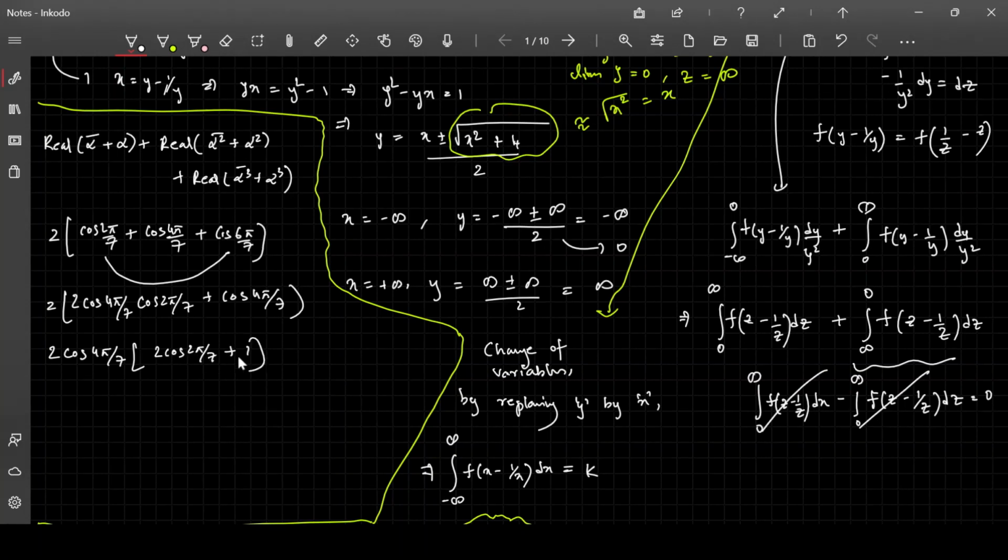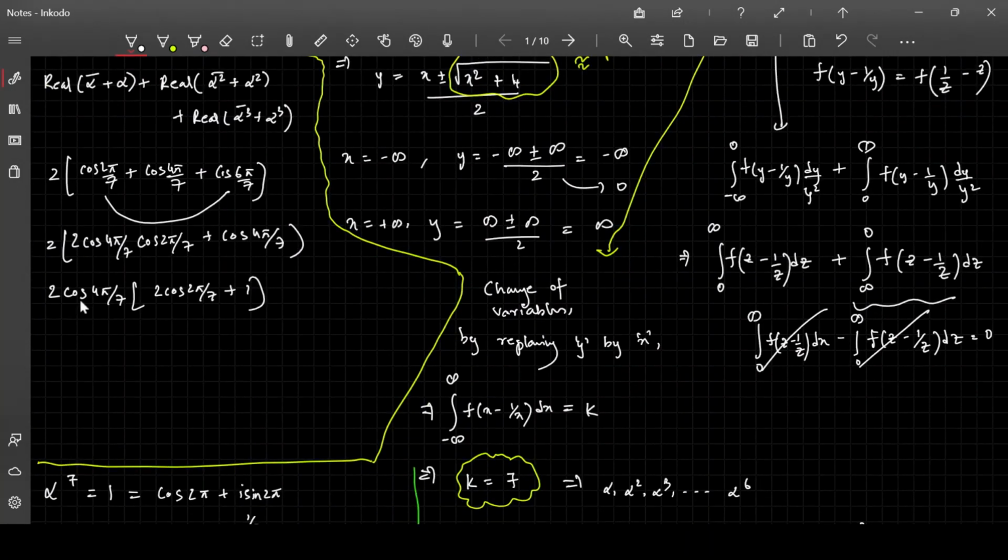Now we actually need to look out for the logic. So how do we proceed now? We can see cos 4π/7 here, isn't it? We must try to get rid of all these terms because we have no definite values for this. We have no definite values. And we must also try to simplify the inner bracket.